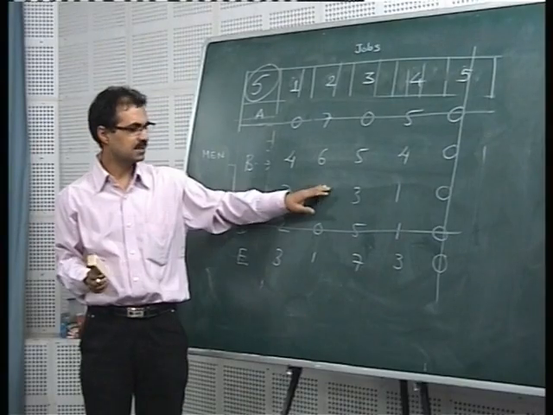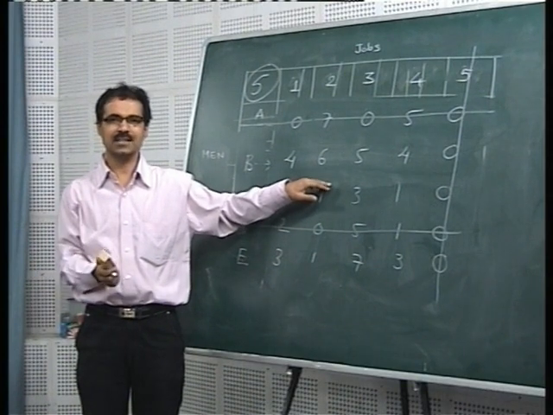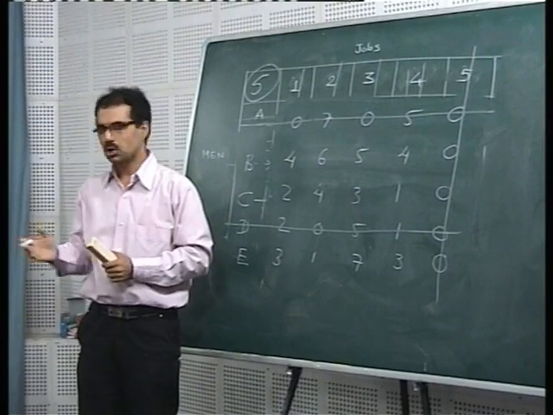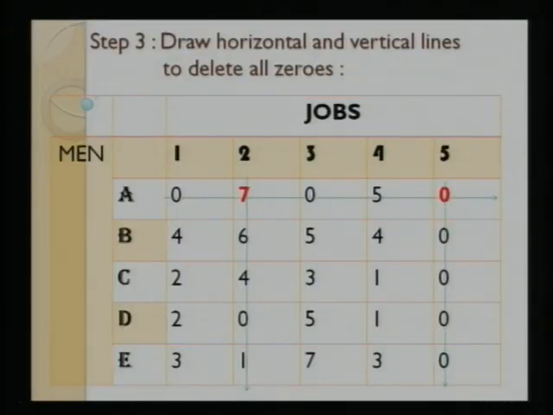These lines are again reflected in the slide showing step number 3. So we'll look at the slide, and this is step number 3. These lines are reflected over here. So we can see that we needed only 3 lines. Actually in the slide we can see that the first row is deleted and the second and fifth columns are deleted. All zeros have gone.